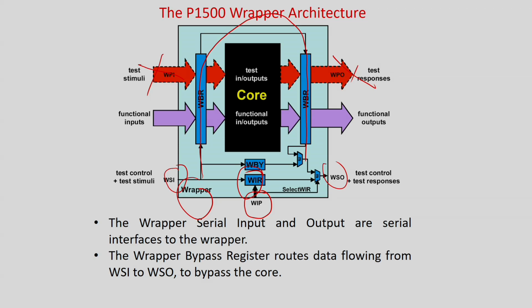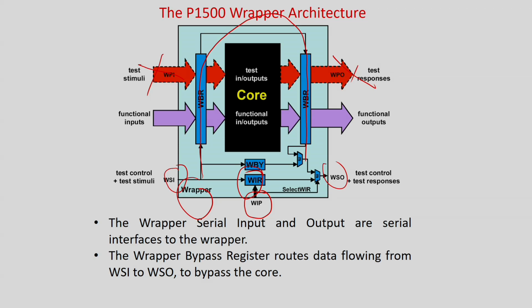In some cases you can also directly access this instruction register in a parallel mode, but as I told you, in most of the designs by standard 1500, they try to keep the instruction providing in a serial mode, because instructions are not very large in length. The instructions here are very simple control instructions. Instruction register in this case is just a decoder.